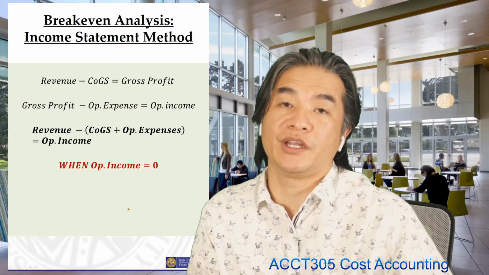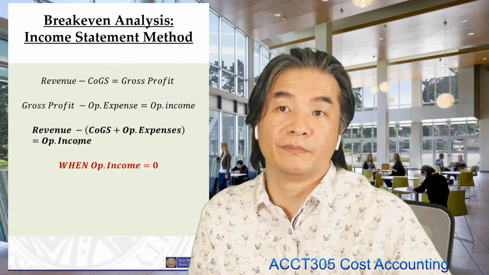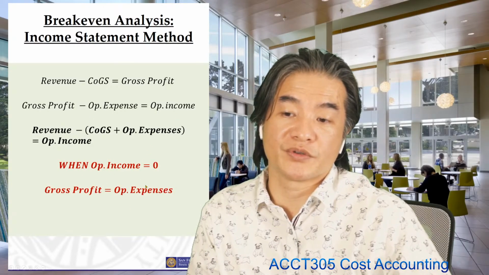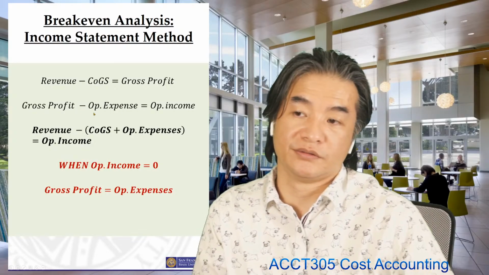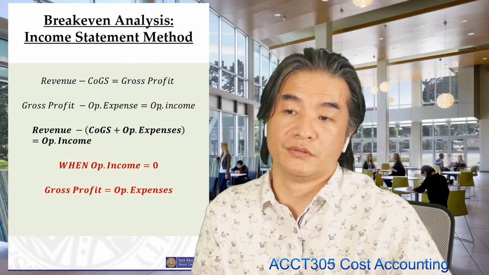And when operating income equals 0, what will happen? The gross profit will equal operating expenses. Over here, did you see this line here? If operating income equals 0,